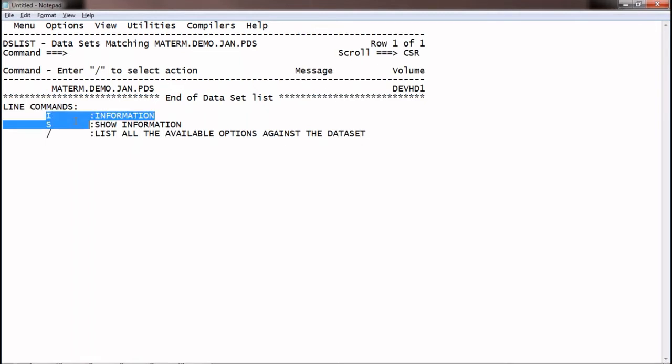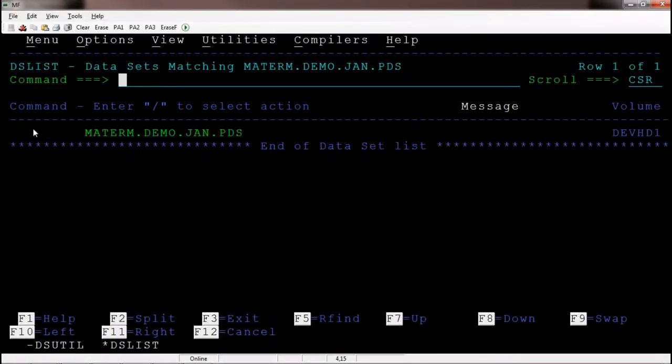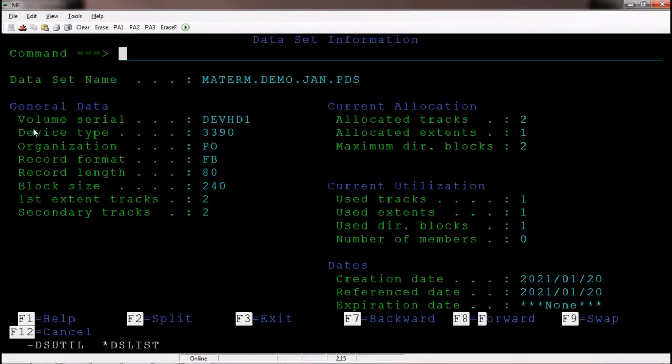I indicates information. I'm typing I, hit the enter. Again I'm typing I one more time. So we can see data set information. What is the meaning of information here?